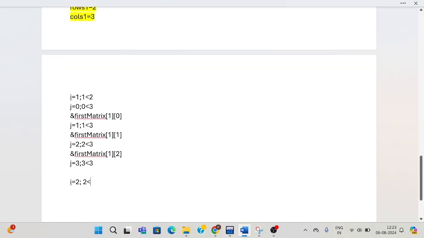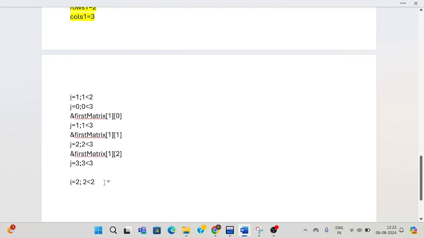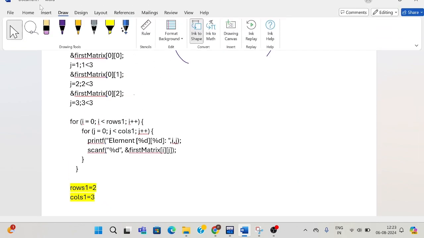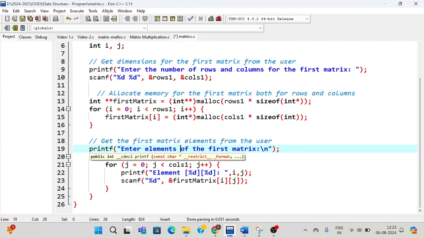Row 1 size is 2. No, the condition failed, so it will not get inside the loop. So now we have got the input for the second row of the first matrix. So that is for 1 0 1 1 and for 1 2. So once after you enter the element of the first matrix,